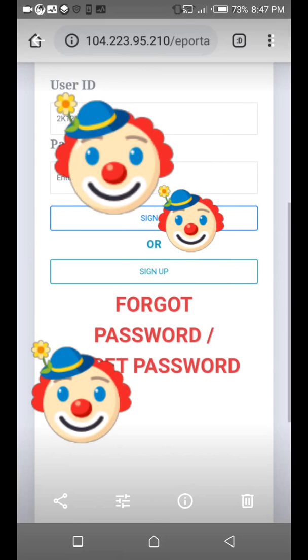So it's for the Sindh University students. First of all, I would like to tell that tomorrow is the last date for e-portal. Okay. So I wrote here e-portal,